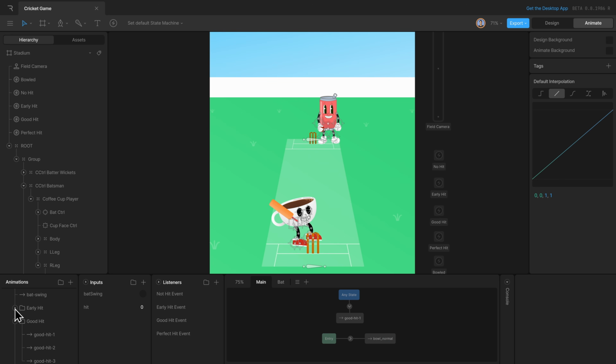I'll bring in the different kinds of animations. For each kind of animation, I have some variations as well, just like the bowling ones, and we'll handle this variation and randomization later on. For now, let's take one from each. So we have an early hit, a good hit, and a perfect hit,